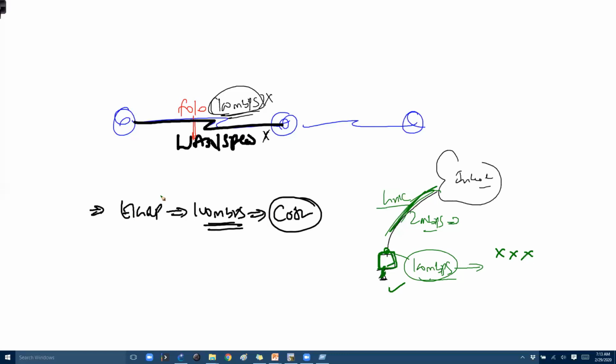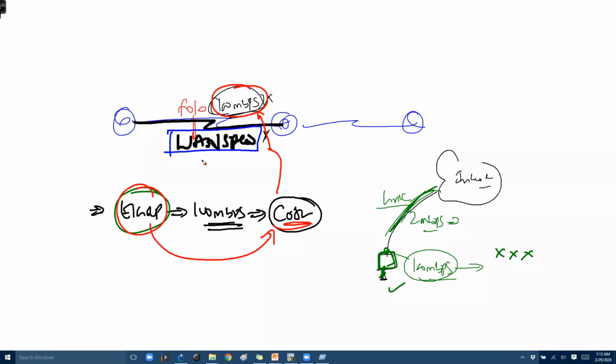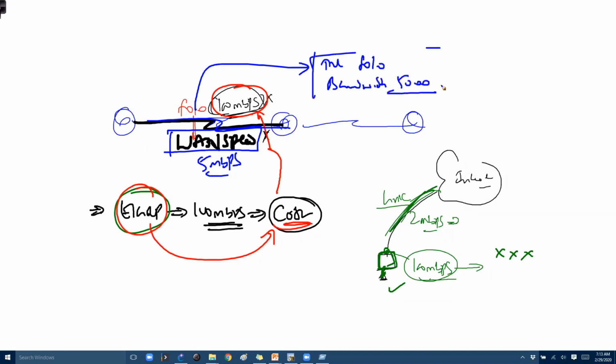But in the case of EIGRP, it is going to calculate the cost based on the bandwidth present here. So if your WAN speed is, let's say, 5 Mbps, which I got from the service provider, it's our responsibility to change the bandwidth on this interface to 5 Mbps, to tell EIGRP: hello EIGRP, don't consider the bandwidth as 100 Mbps, which is the default.